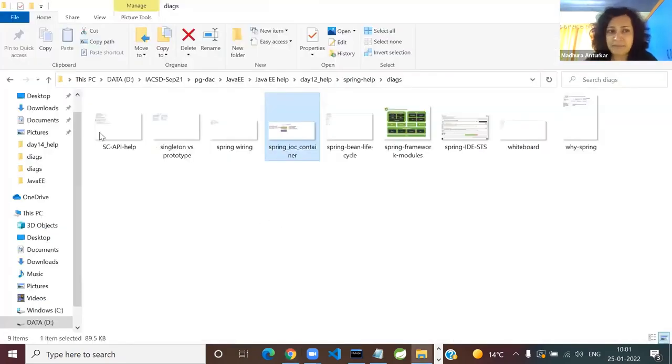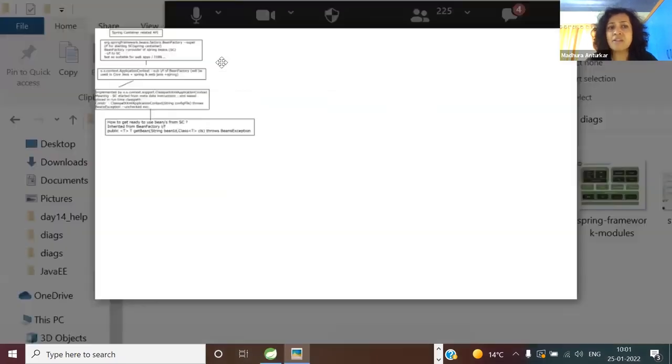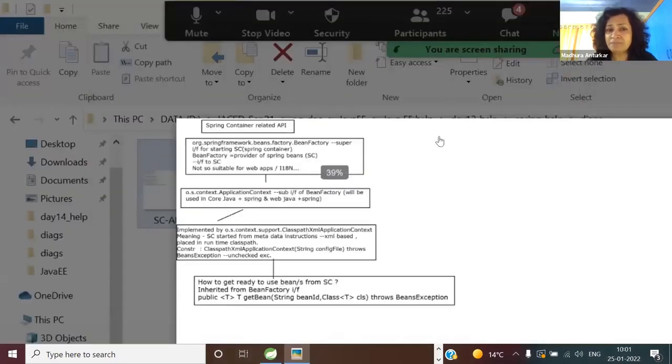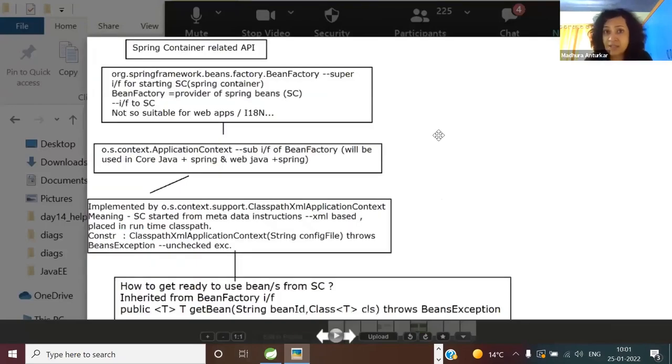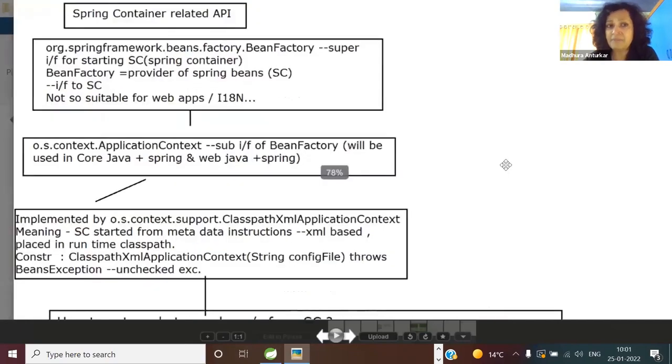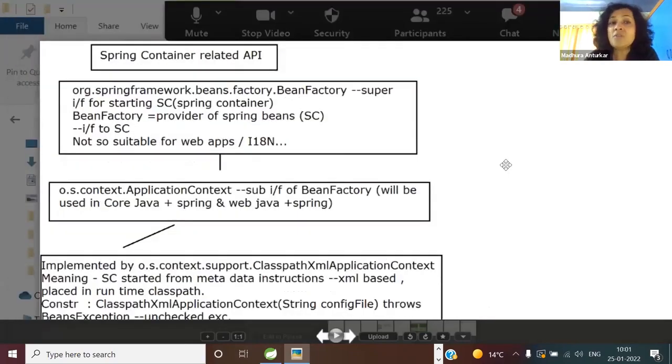There is already a summary picture, a shortcut, which I have given you, so don't ask me to give you this picture. I have given it in the D12 help, Spring help, and Spring diagrams folder. So what is the starting point? Where does everything start? Understand the point: we want to bootstrap, we want to start the Spring container.